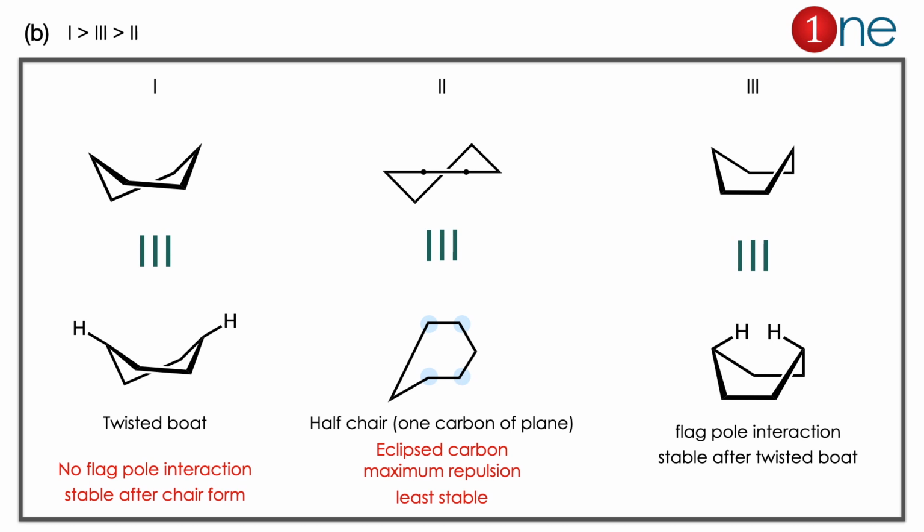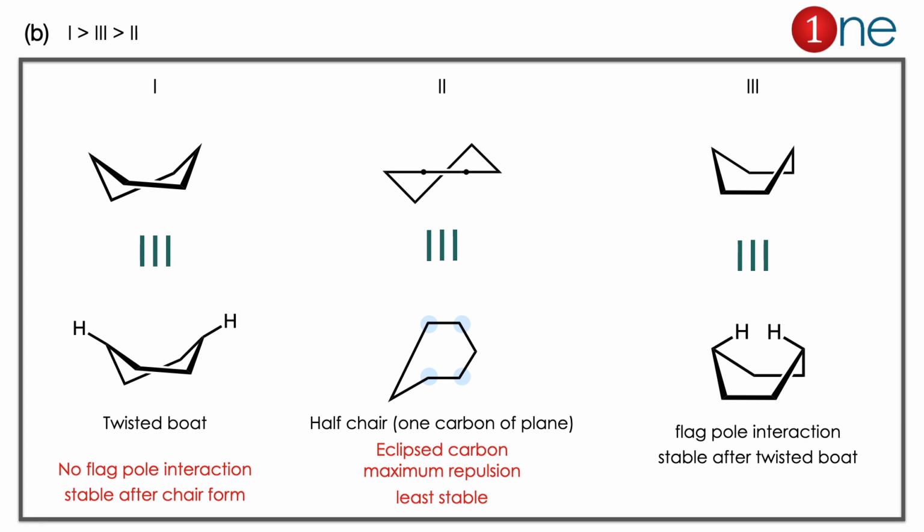To understand the structures, you have to draw them with hydrogens. We look at the stability order one by one, because 1 is the strongest one. To understand the 1, you have to see the 3 first. What really happens with 3 is the hydrogens have a steric effect, so the flagpole interaction will be there. The steric effect, technically called flagpole interaction, makes it not stable. The same flagpole interaction can be avoided by the first structure, which is the twist boat. The boat is twisted along the hydrogen axis, both hydrogens are away, so no flagpole interaction, so it is a stable form.